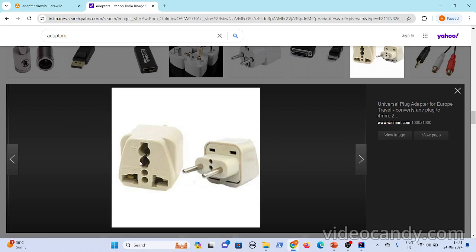adapter, if you see here, this is an adapter. What adapter contains is, here if you see, this 2 pin is the back portion of the adapter, and this 3 pin whatever you are seeing is the front portion of the adapter. Okay, now what happens is, it will cover the 2 pin socket. Basically your socket has the 2 pin, right? So when you plug this adapter onto your socket, what happens is,